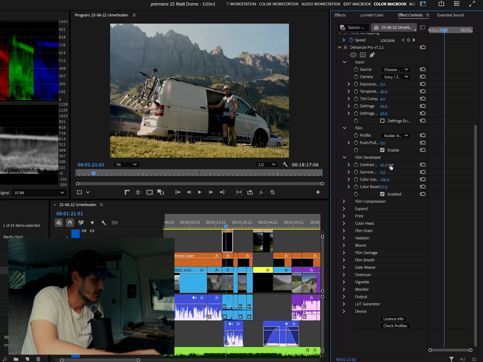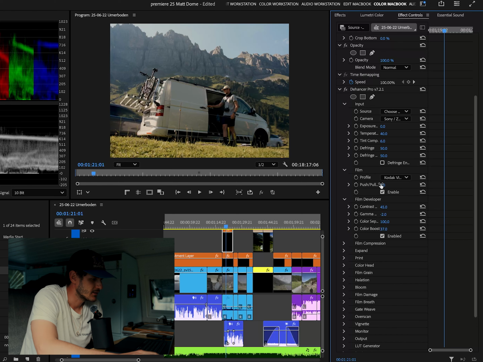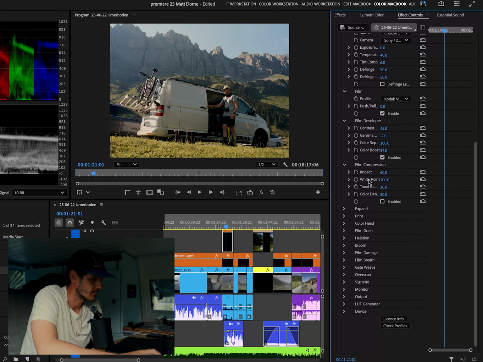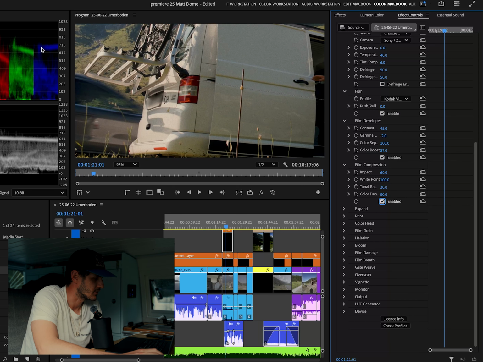After that, we then come down to gamma, and I sometimes like to take it down a notch because I tend to overexpose with the Sony a lot of the times, or maybe I just like the kind of muted look. So then if we come down here to film compression and turn this on, you can see what it's doing here in the highlights. You can also see it in the scopes right here. If we turn it on and off,